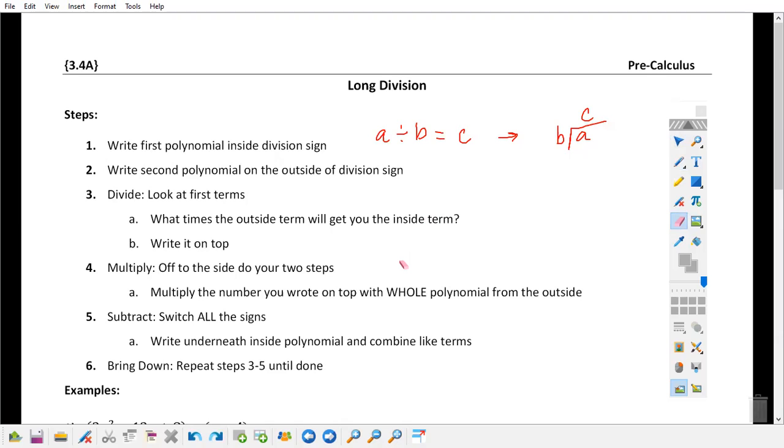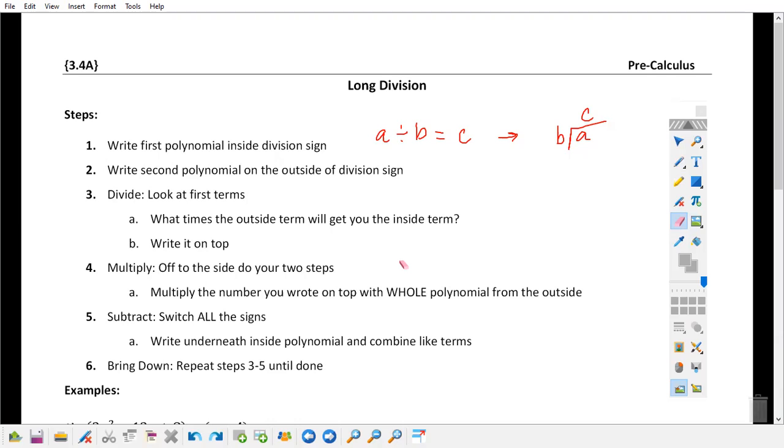Our next thing is what you end up subtracting, right? So if you said on the first one, what was it? On your do now, it went in there one time, right? Was it one time? Two or one? One. It went in one time. So you multiplied, right? After you multiply, you then did what? You hopefully subtracted, right? So we divide, we multiply, we subtract, and then we bring down and repeat the process,